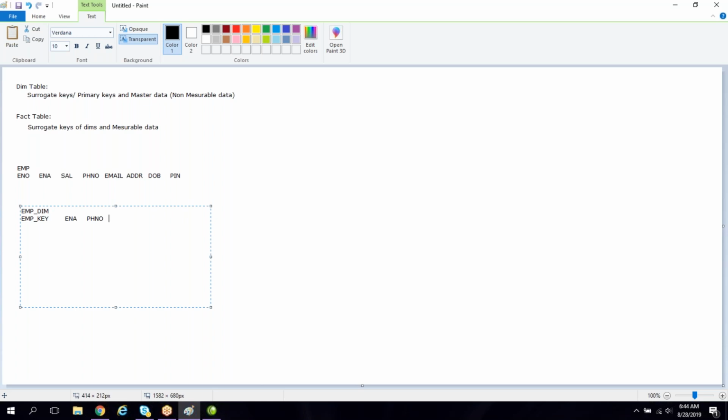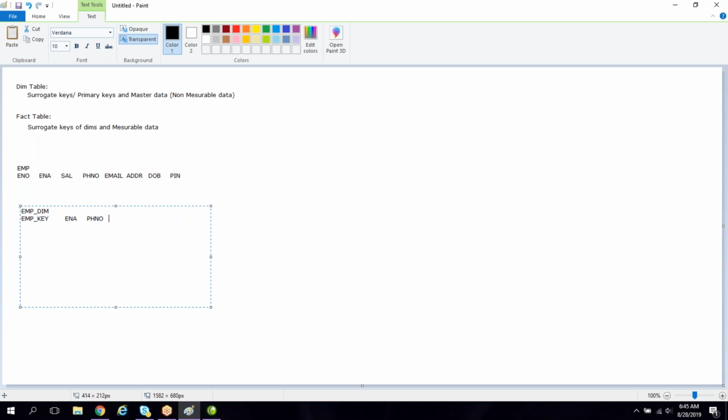Deciding which column should be there in a dimension and which column should be there in a fact is not the Informatica developers' responsibility. There would be architects. Architects will be designing the data models, and it's their responsibility to design the data model for the dimension and fact tables. In that, they will decide which column should be in a dimension and which in a fact. As an Informatica developer, we should know what a dimension is, what a fact is, what type of data will be in a dimension, and what type of data will be in a fact.